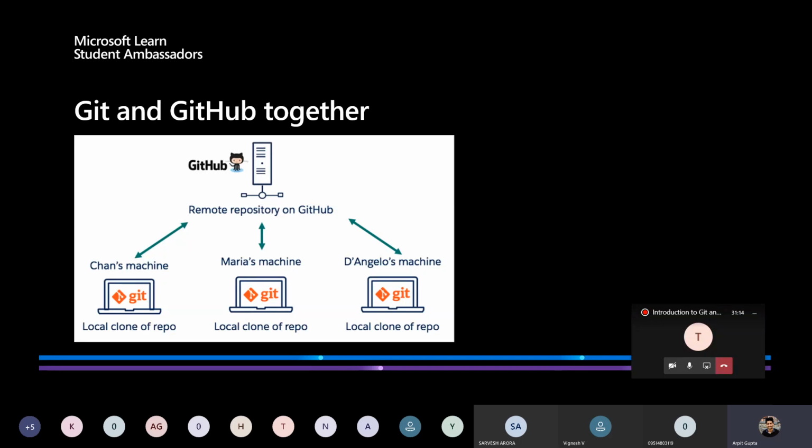So why would you even clone the repository? Only if you want to contribute or modify the files. Like if you are in an organization and their source code is hosted on GitHub, you will ask for access to that repository, you will clone that repository's files onto your local machine, and then you will modify it as per the needs of the company. Okay, so as you can see, there are three contributors right now to this repository: Chance, Marias, and Angelos. So they create a local clone of that repository and then modify it and push or pull whatever is needed using Git. Okay, so we will talk about this in this workshop. Don't worry.